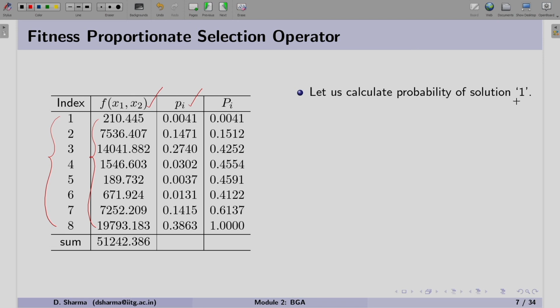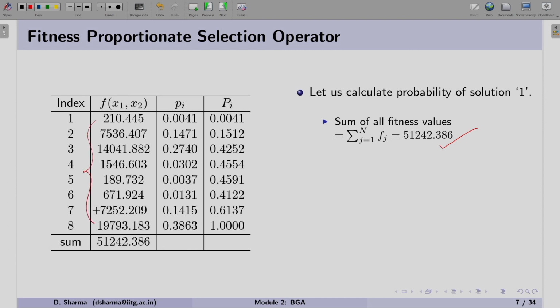On the right hand side, we will find the probability for this solution. Before that, we have to take the sum of all the fitness. If you look at column number 2 and take the summation of all these fitness values, you will get this sum. This sum is the summation of the fitness of all solutions.